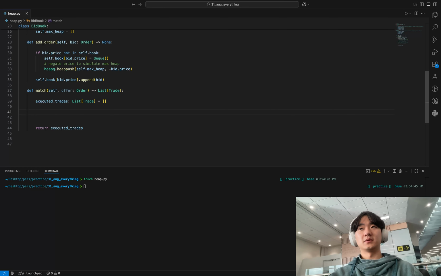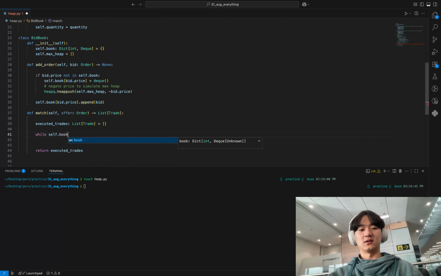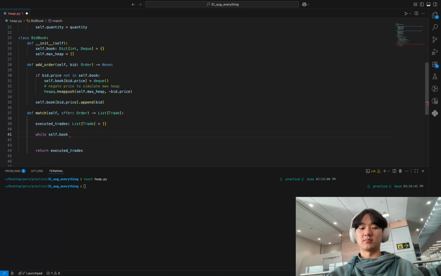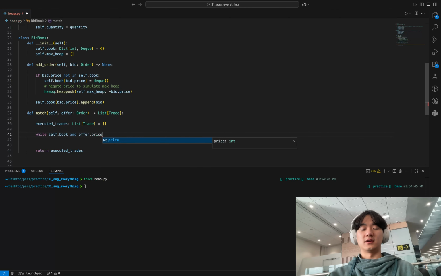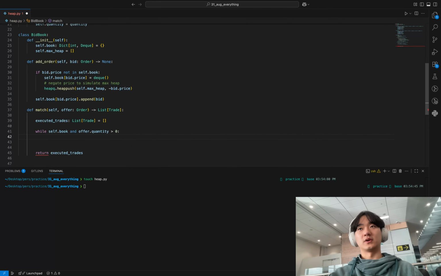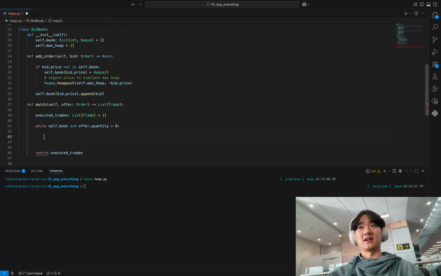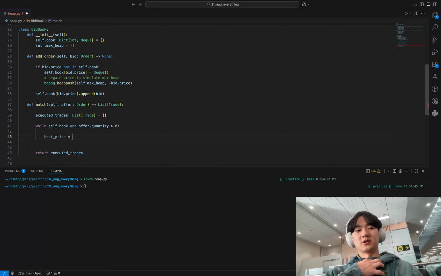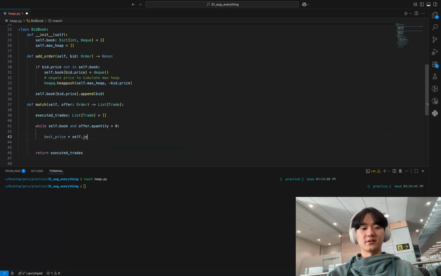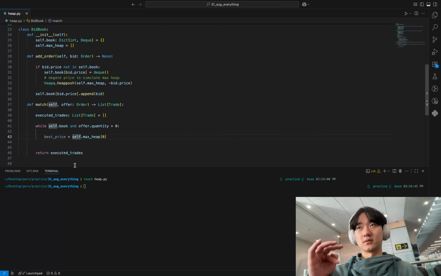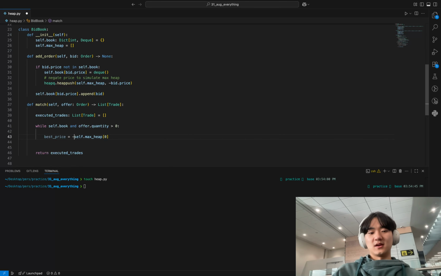Cool. So the first thing that we actually need to check inside our match function is that does there exist any orders at all for any given price point? And are there any, not price, but are there more quantities to be traded for a given offer? And if that is the case, the next thing we need to check is the price. So let's pick the best possible price. We said for the best possible price, the bid book, well, it's going to be the top of the maximum heap. So we can simply look at the top of the heap, but we have to memorize that when we inserted it into the max heap, we negated it,